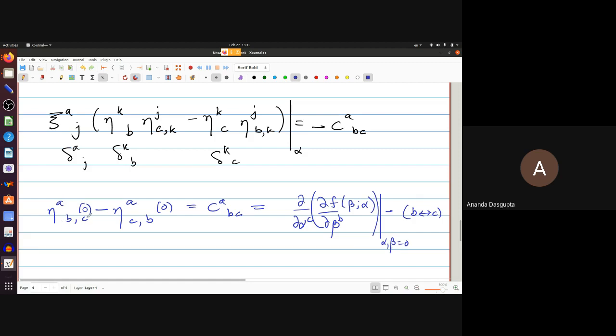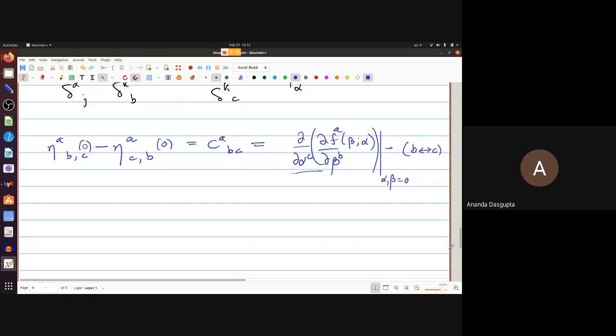Eta AB, that's del F A del beta B of f of beta semicolon alpha at beta equal to 0. But after that, you are going to differentiate with respect to the Cth alpha. And this is what you are going to get. Clear? So, CABC